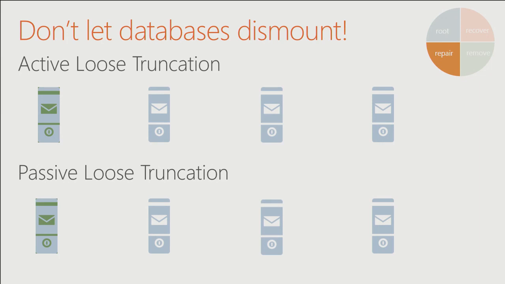And normally when a database copy fails in a database availability group, the rest of the copies of the database keep around the truncation logs so that when that copy comes back up, if it wasn't a failed disk, if it was something else that failed, we can reseed all of the logs automatically and just bring it back up. And you'll see that the database copy is resynchronizing, and everything will come back up, and you won't have lost anything. However, if you're getting into multiple weeks and you've got fairly high load on your database, your transaction logs are going to start really piling up